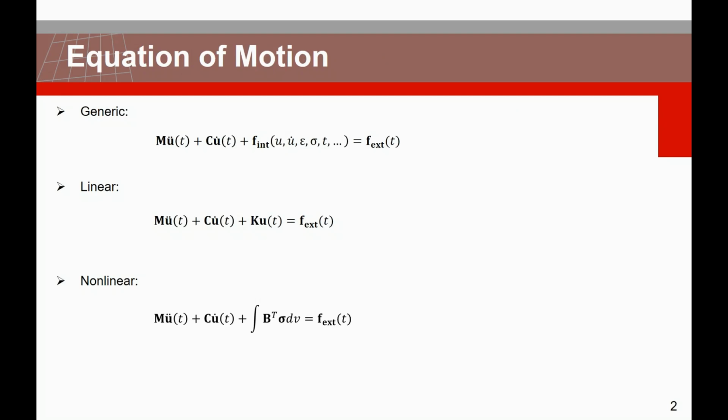The generic form of the governing equation of motion is given here. As you can see on top, for a linear dynamic finite element system, this equation becomes m times the second derivative of u plus c times the derivative of u plus k times u equals F(t), where m is the mass matrix, c is the damping matrix, and k is the stiffness matrix of the finite element system. F(t) is the right-hand side vector of forcing functions, the second derivative of u is the acceleration, the first derivative is the velocity, and u is the displacement vector. And here below is the nonlinear form of this equation.